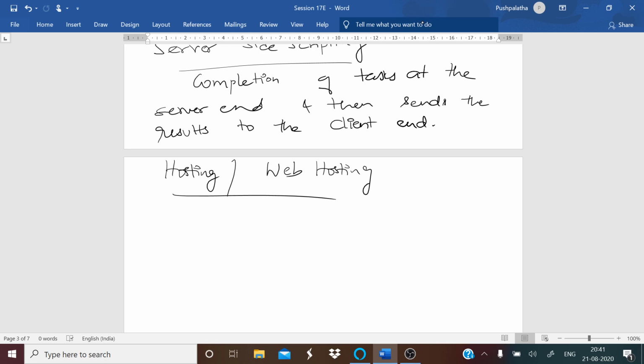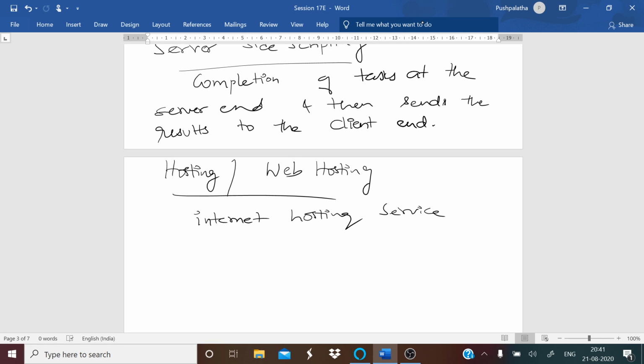So a web hosting service, it is a type of internet hosting service that allows the individuals and the organizations to make the websites that can be seen through the www, that is World Wide Web. And web hosts are companies that provide space on a server owned or leased for use by the clients, that provides internet connectivity in a data center.